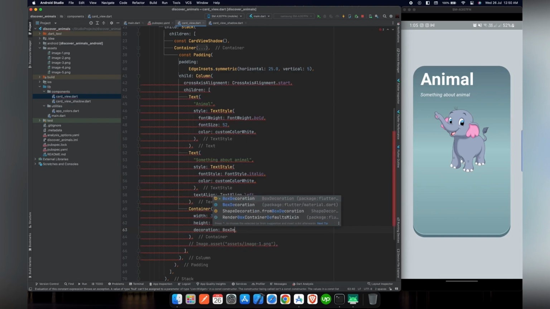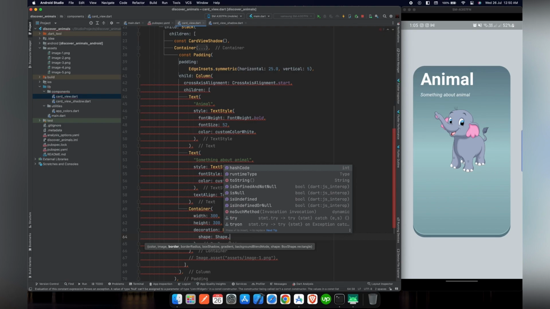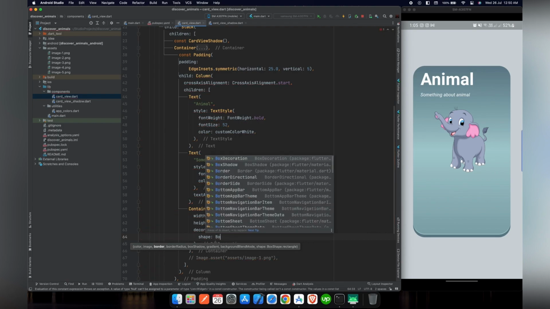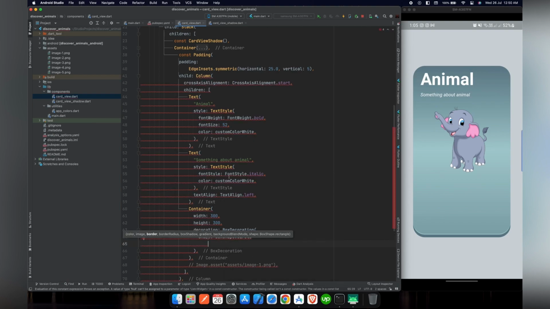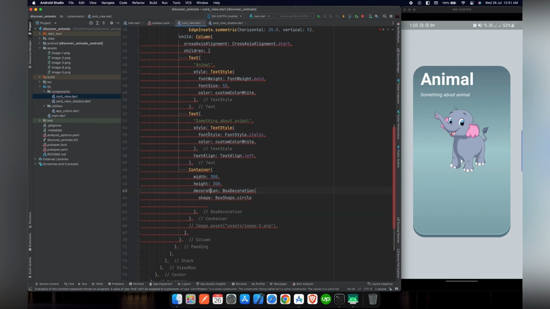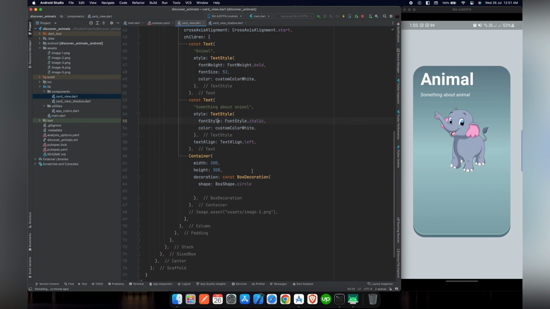height of 300. And we will use decoration, and inside BoxDecoration, for the shape of the container, we want BoxShape.circle. And if we reload our project, firstly we have to remove this error, because we are using a container and at the start of the widget tree we have const. To remove these warnings, we have to remove const at the start of the yellow lines. And now if we reload our project, you can see that there is nothing to show. So let's give it a color. We will give it a custom color, white. And now if we reload our project again, there you can see there is a circle